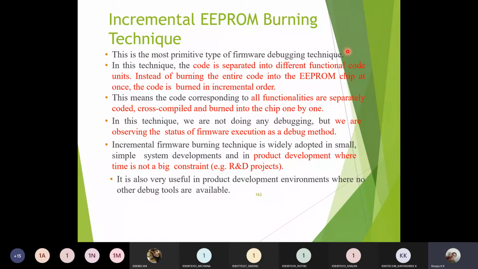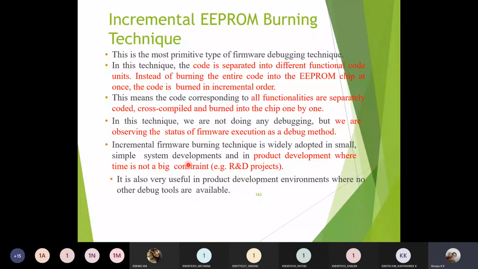Then each and every part of the code is dumped separately and checked thoroughly for each and every input combination. So here you are not performing the complete debugging operation at once; you are checking the functionality of the total program with different sets of code size.